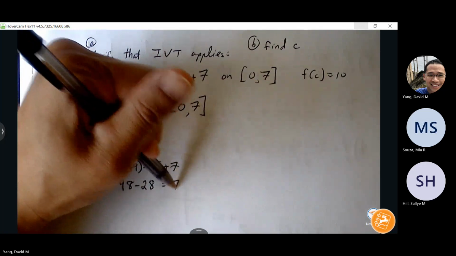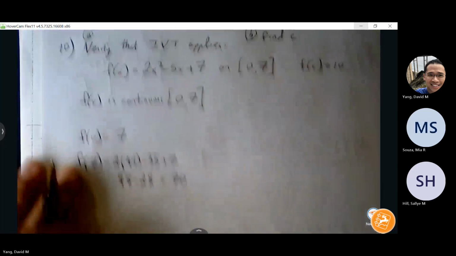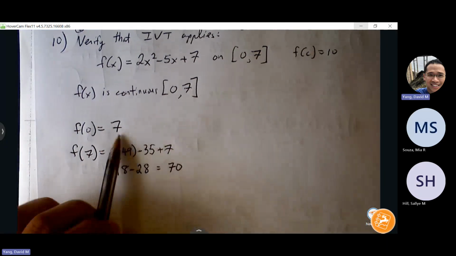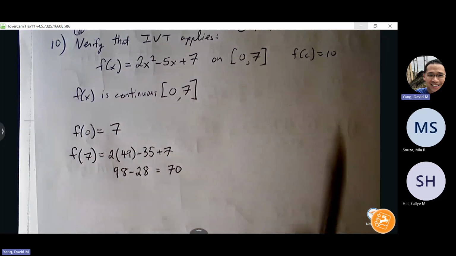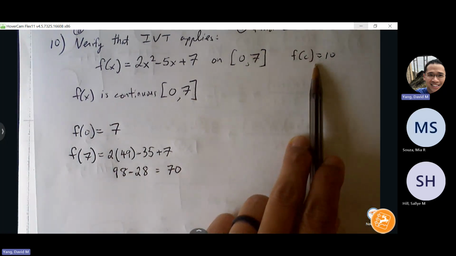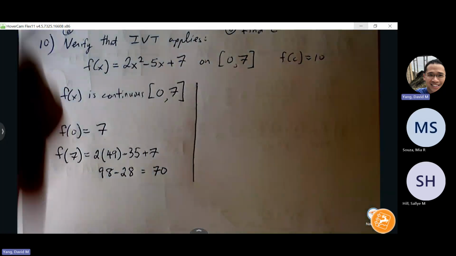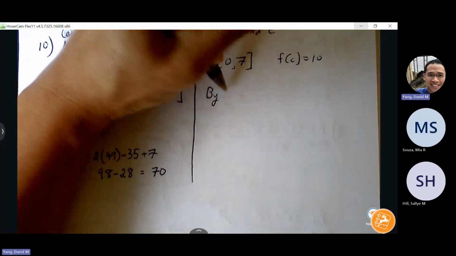All right, so if we're starting at a y value of 7, and we go all the way up to y value of 70, and there's no breaks in between, am I guaranteed to hit a y value of 10 somewhere in between? Yes. Yes, right. So IVT is a guarantee, so we have to make a statement about that. So we say by IVT,